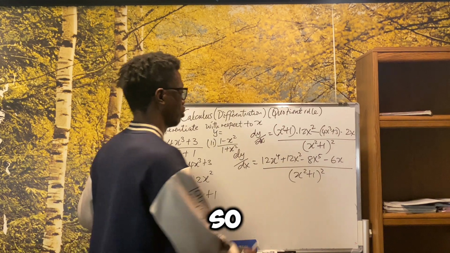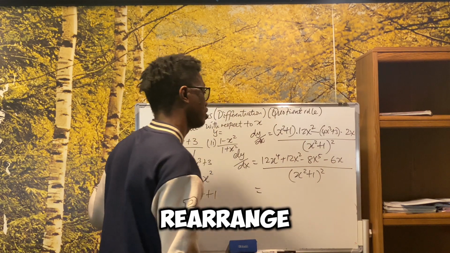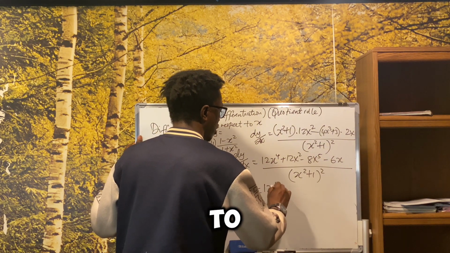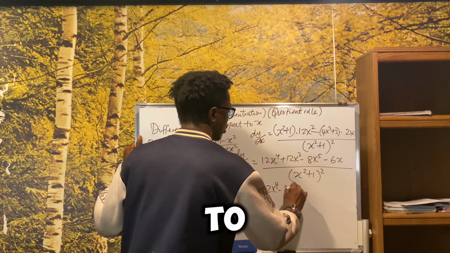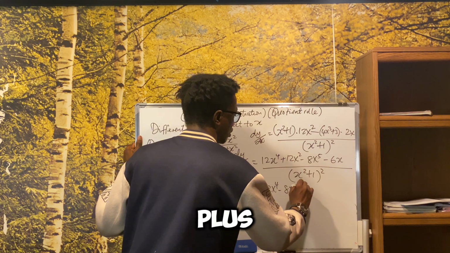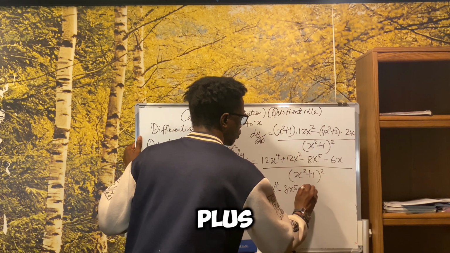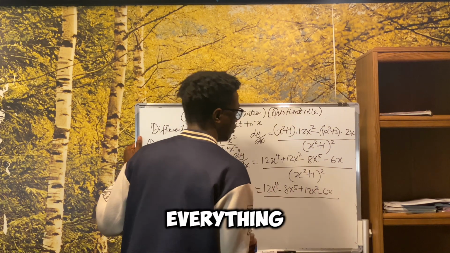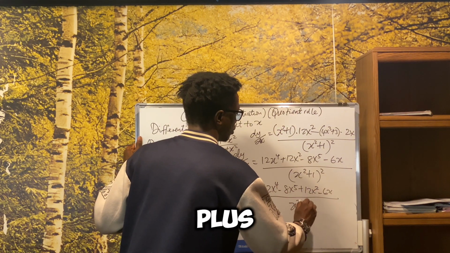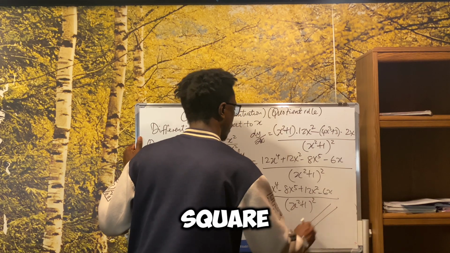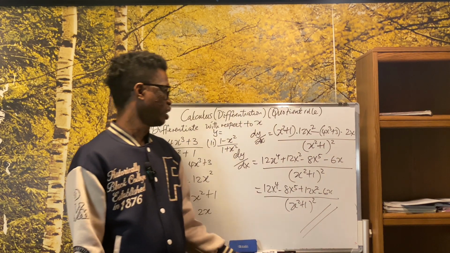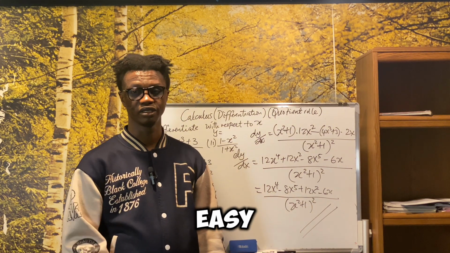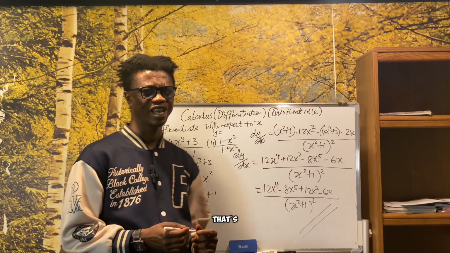Easy. So if you want, you can just rearrange this one. But most often, because I want positive, I can just say 12x raised to the power 4 minus 8x raised to the power 5, then plus 12x squared minus 6x, everything over x squared plus 1 whole squared. Okay? Here, if you want, you can factor something outside. Easy. Okay? So that's it for the first